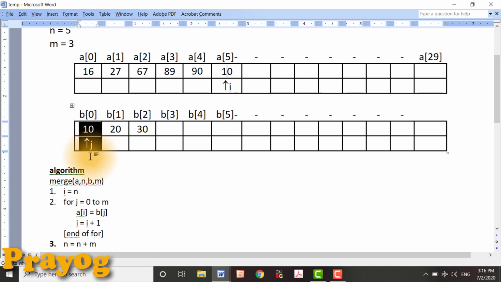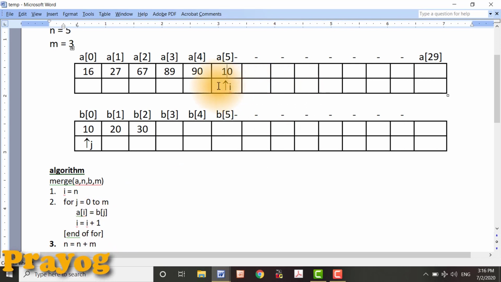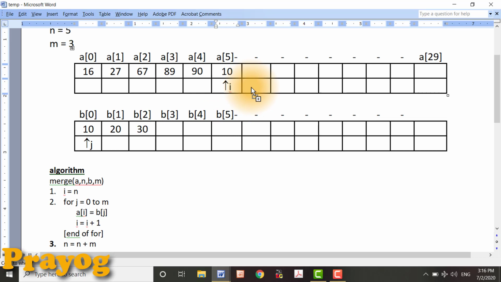Into the position A of I, the value of B of j is copied. Next, I moves to the next position manually because of I is equal to I plus 1. So this is I.